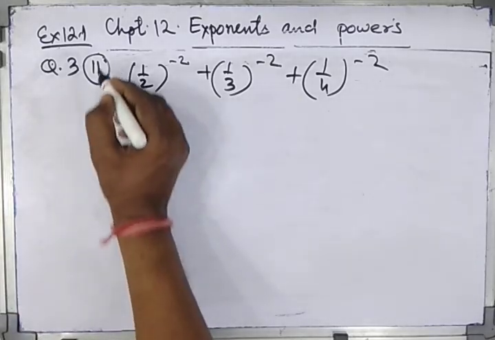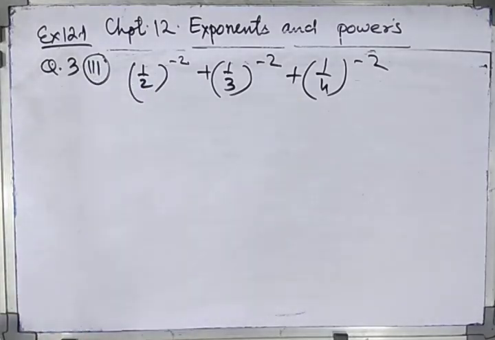Sorry, this is the third one, student. Third one: 1 by 2 raised to minus 2 plus 1 by 3 raised to minus 2 plus 1 by 4 raised to minus 2. It means,